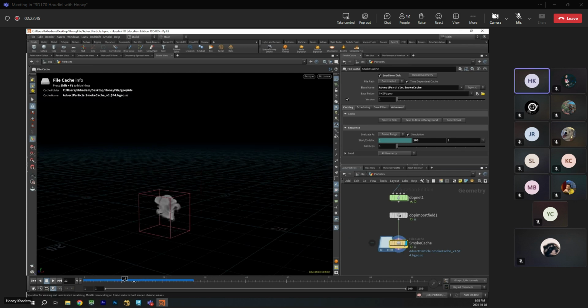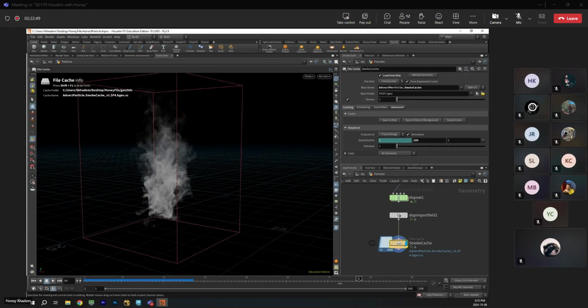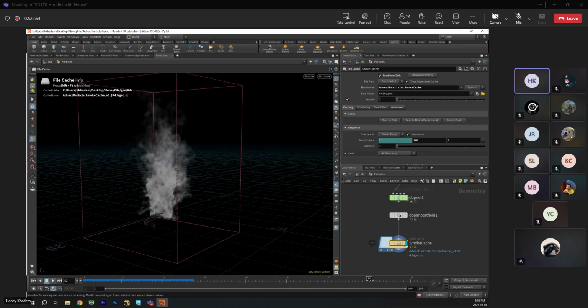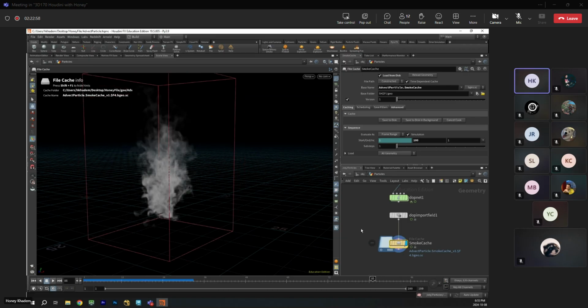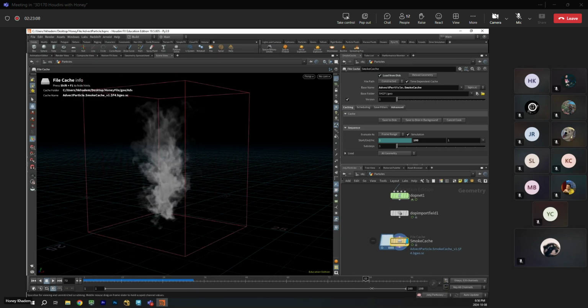You see how I'm scrubbing through this because it's saved to the disk. Does caching make sense now to everyone? Yeah. So next time, even if it's not even connected anymore, because it's saved, look, it's working.